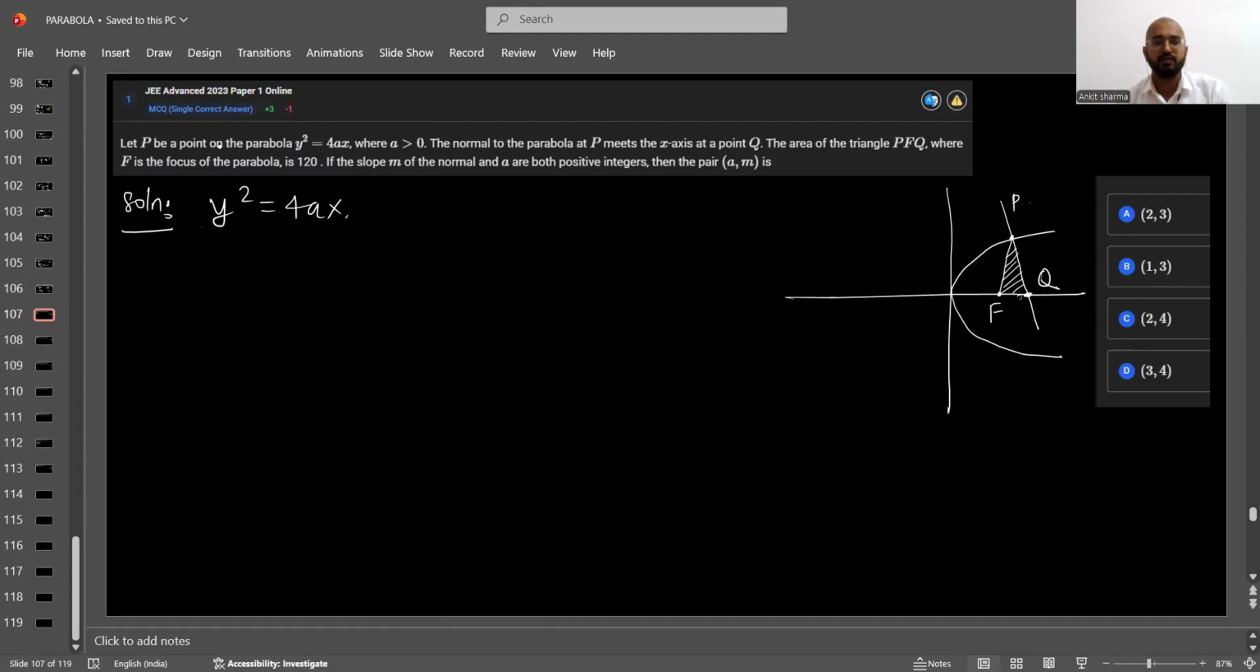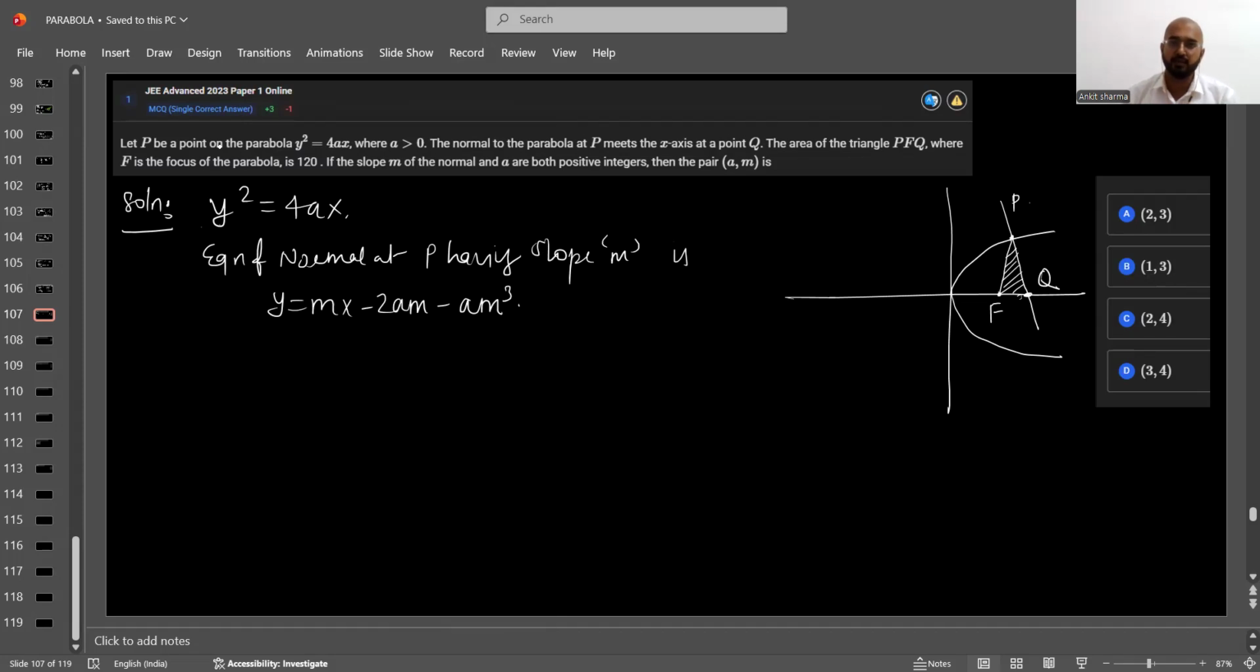So for that, we know the equation of normal. The equation of the normal at P having slope m is y equals mx minus 2am minus am cubed. This is the equation of normal. And now they are saying that it meets the x-axis at point Q. So when it meets the x-axis at point Q, this implies